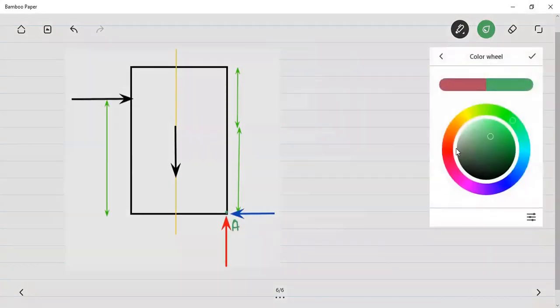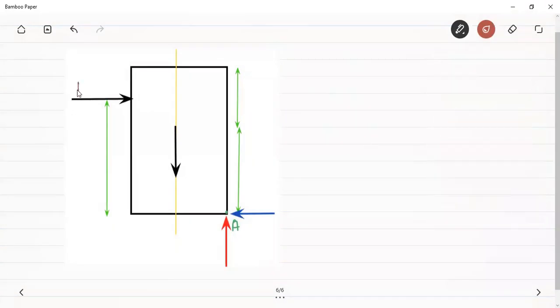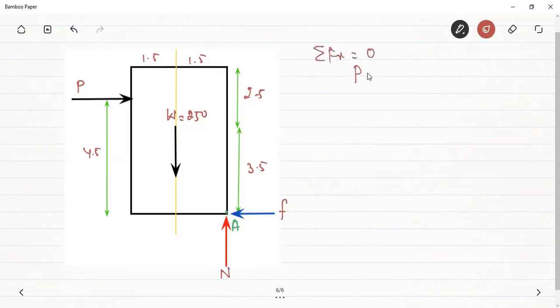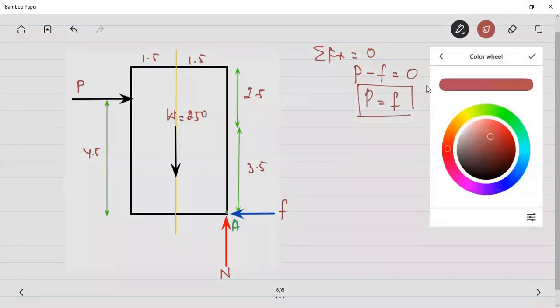So again we can see that this is the applied force, and this distance was 1.5, this was 1.5, this was 2.5, this was the weight which was equal to 250 pounds, this is 3.5, this is the friction force, and this distance was 4.5, and this will be the normal reaction. If we apply the summation of the forces in the x direction, that has to be 0. P minus friction force will be 0. P will be equal to the friction force,